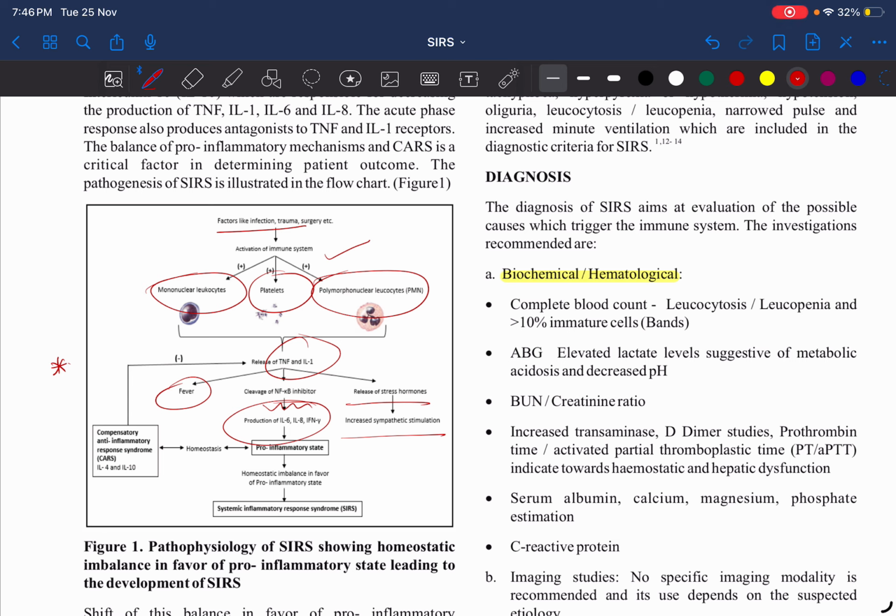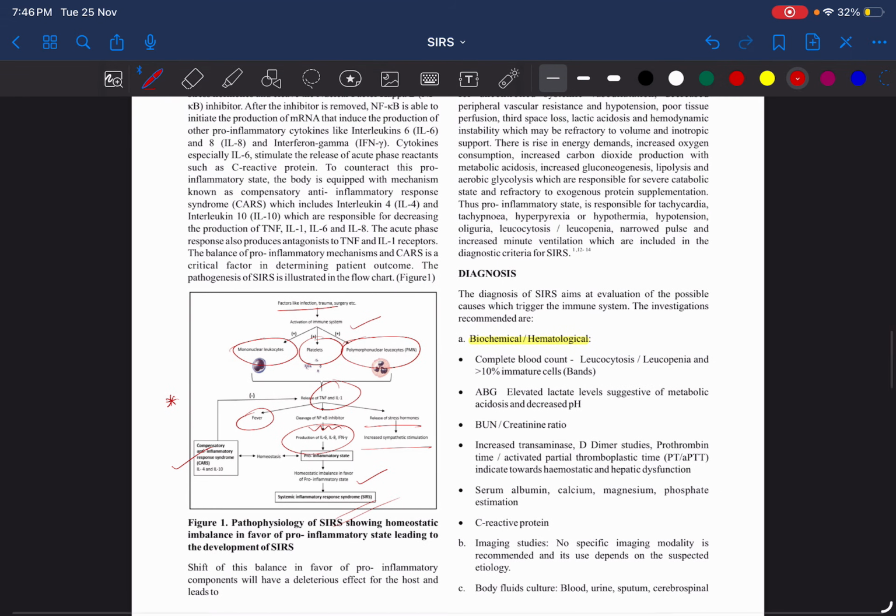And suppose homeostasis is achieved, then no issues. What will happen? Compensatory anti-inflammatory response syndrome occurs, because of interleukin 4 and 10. Suppose there is a homeostatic imbalance in favor of the pro-inflammatory state, cytokine storm happens. That is responsible for SIRS, and finally multi-organ dysfunction syndrome happens. So there is always a balance between the pro-inflammatory and anti-inflammatory mechanisms. Suppose the balance is more towards the anti-inflammatory mechanism, no issues. But if it is towards the pro-inflammatory mechanism, cytokine storm and